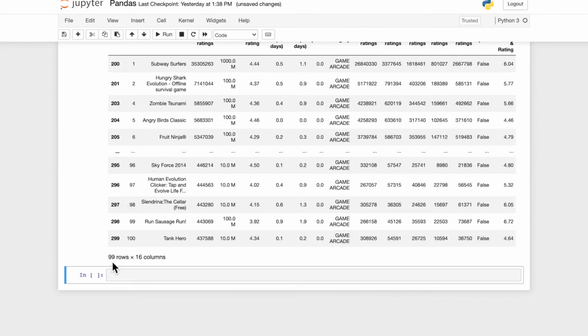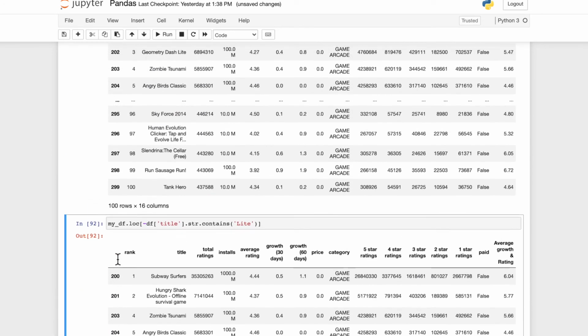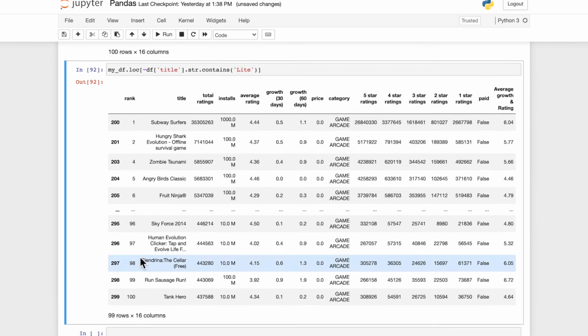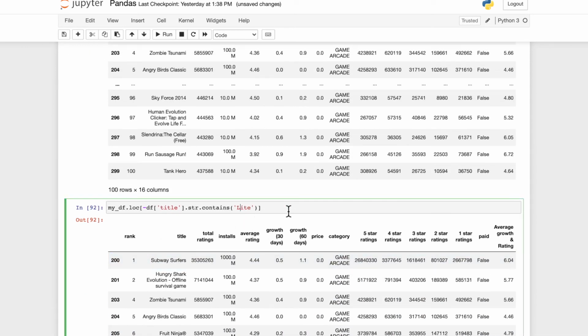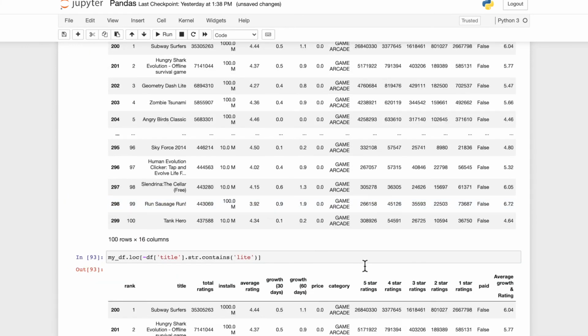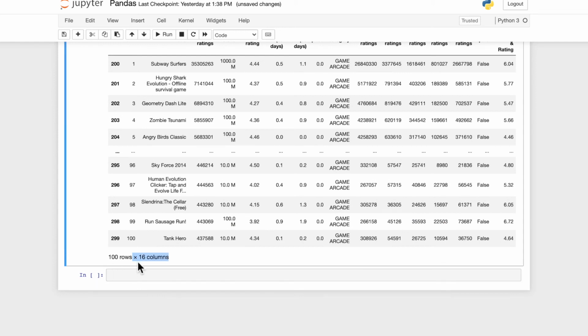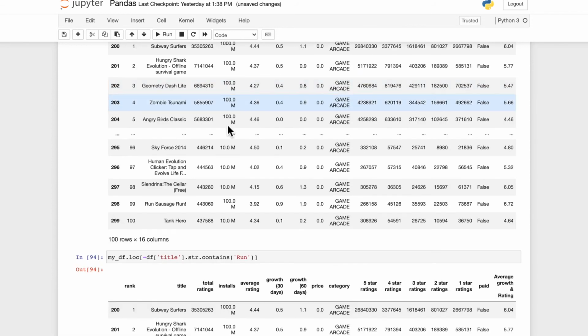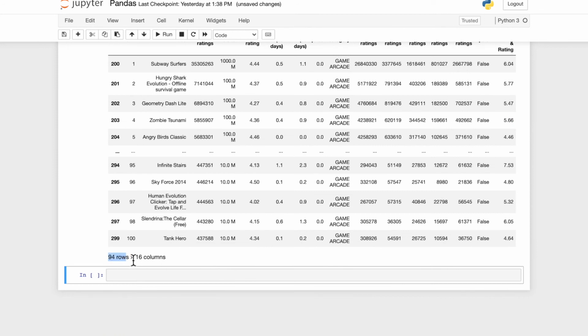And now if you go, now you are left with just 99 games. You were having 100 games here and you are now having 99 games because there is only one game having light. If I change this to small l and hit enter, here I'm having the same because there is no change. If I change this to run, because there are many running games, now if I go here I'm left with 94. There are many games having